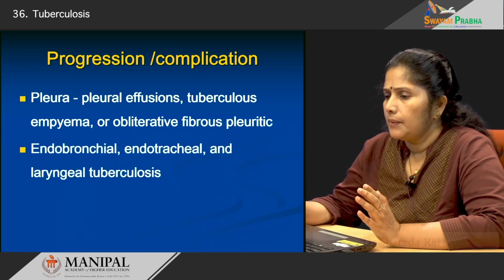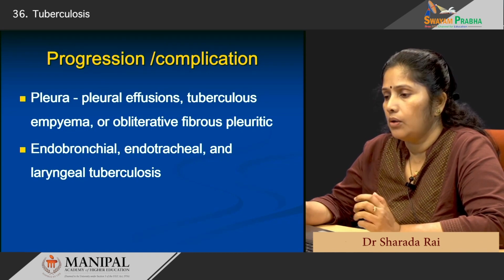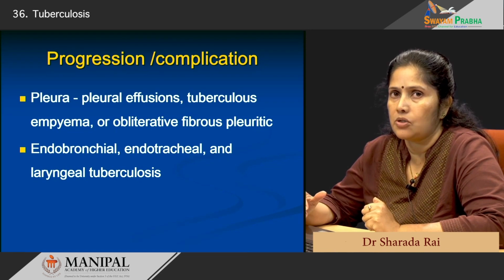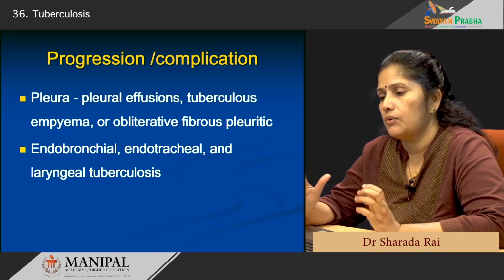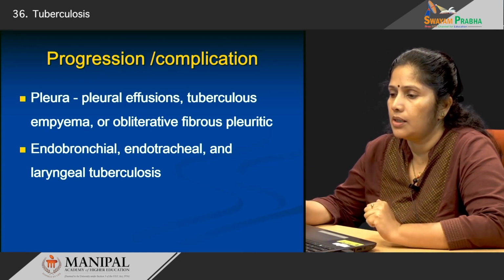Okay? Now, from the lung, patients can also develop endobronchial or endotracheal or laryngeal tuberculosis, though this kind of lesion is much rarer. It is more common for the lesion to spread into the pleura than to spread into the